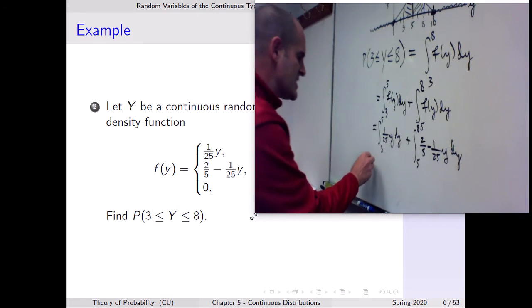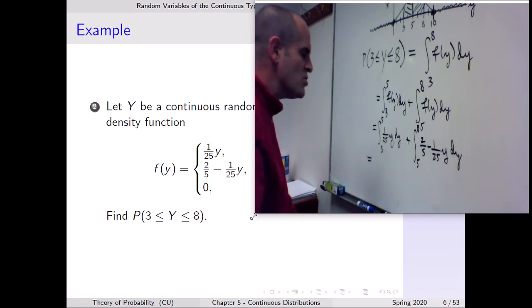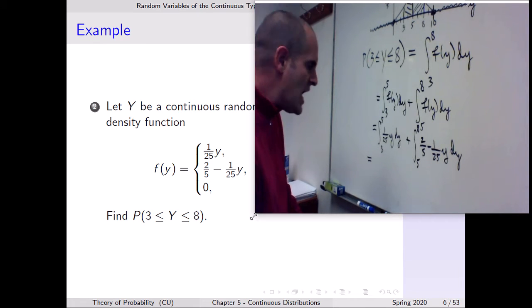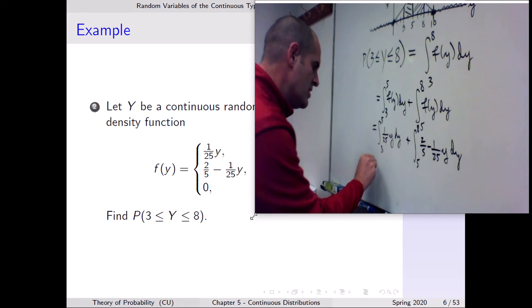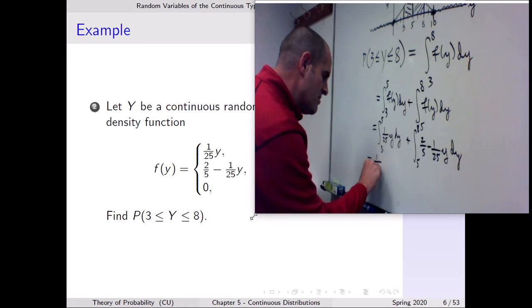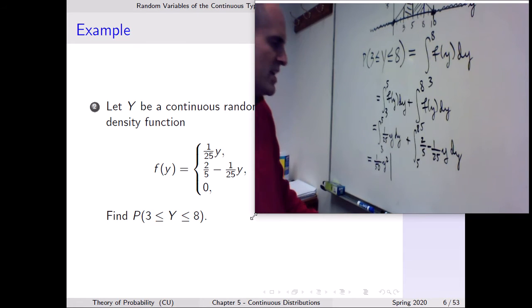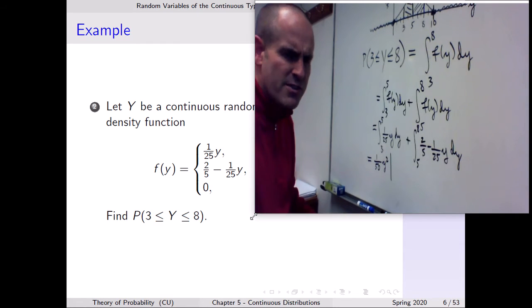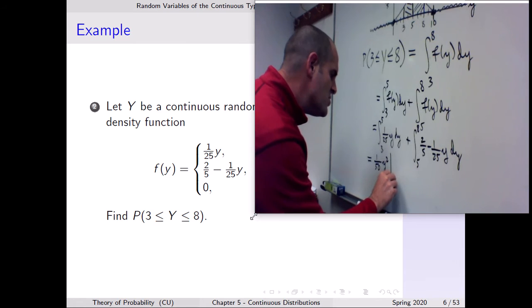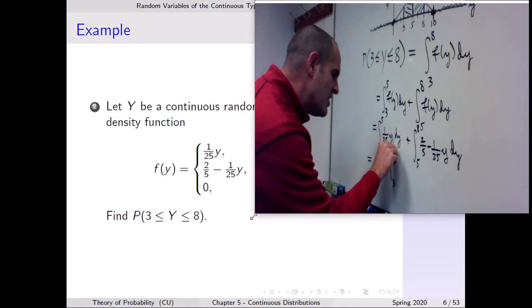Okay, so the antiderivative of 1/25 y is 1/25 times 1/2 y squared. So it's going to be 1/50th y squared, evaluated between, we're using the fundamental theorem of calculus here, 3 and 5,